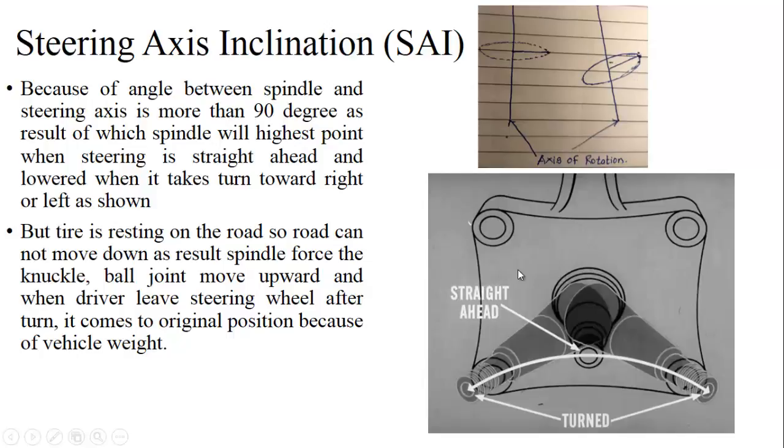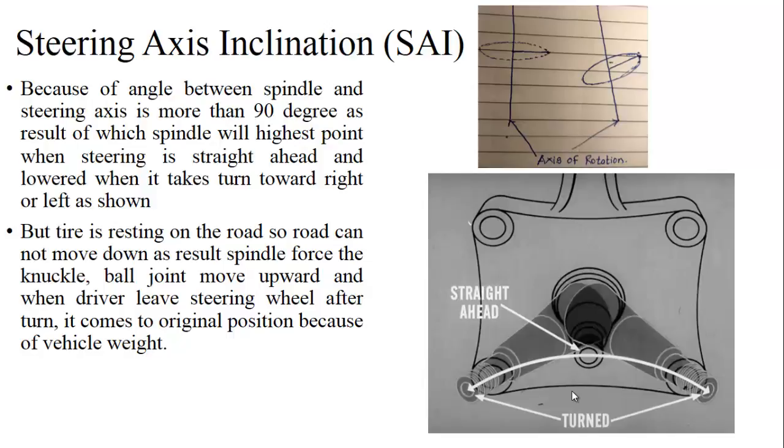The same case happens in the steering axis inclination. If you keep the steering axis inclination inclined, because of that the end point of the knuckle has the highest position at a particular point. That point is whenever your tire is in the straight ahead position, and whenever you take a left turn or right turn, the position of the knuckle gets lowered. As a result, whenever you take the turn, the knuckle tries to lower down the wheel,